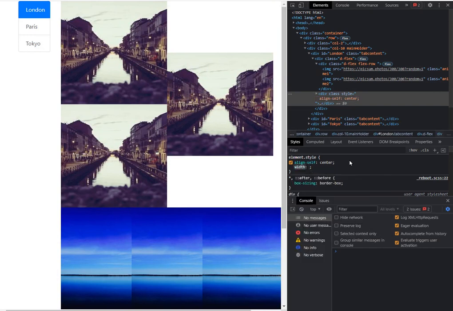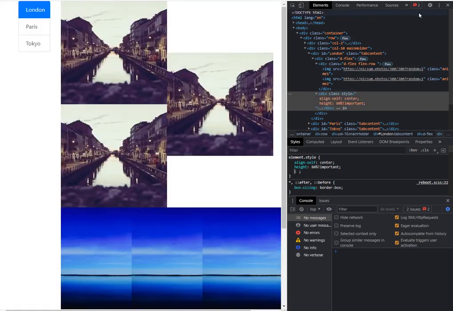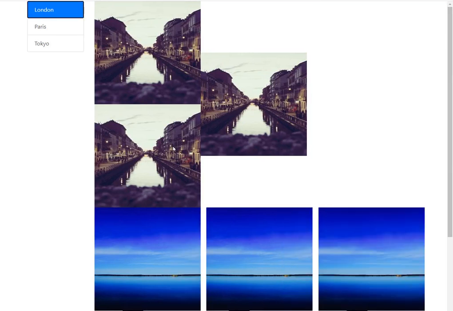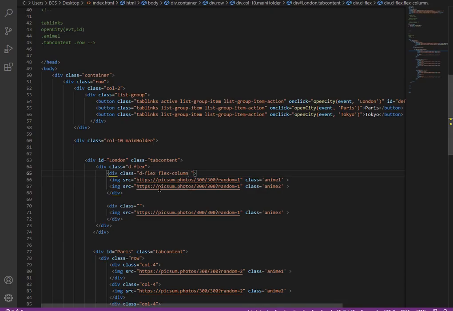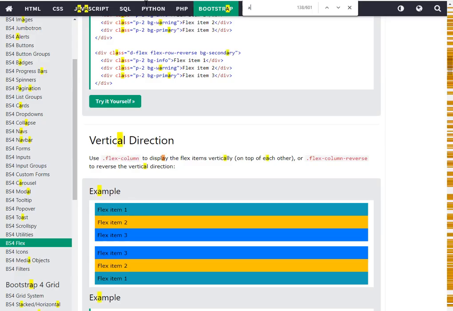And let's give the height of 80%. Let's try to close this and check. Align self.